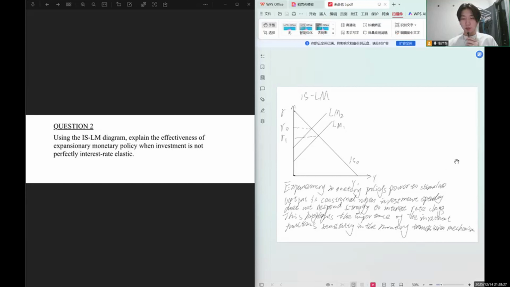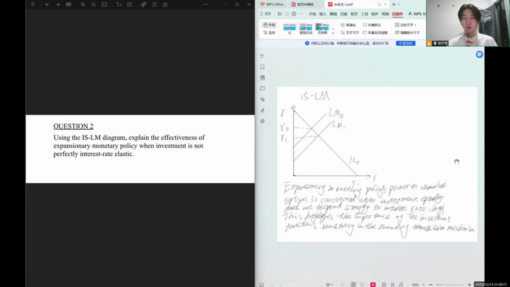However, because investment responds weakly to interest rate changes, the decline in interest rates doesn't translate into a substantial increase in investment. Consequently, output rises only slightly while interest rates fall considerably. This indicates a